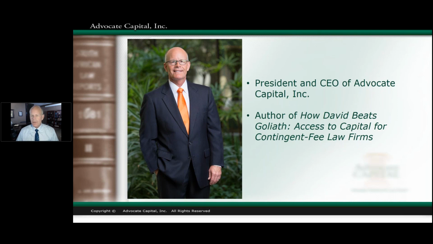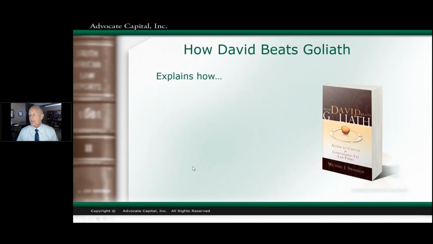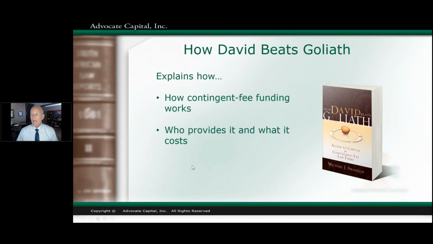So those are my bases for knowing how to talk about case expenses. I want to be sure to let you know that I do have a dog in the hunt. The AdvoTrack Case Expense Funding Service, which is what Advocate Capital does to help plaintiff lawyers, is an alternative to self-funding case expenses, but we're not going to do a sales pitch for Advocate today. We're going to talk about our topic, which is the 9 hidden costs. As I mentioned, if you'd like a copy of my book, message me. I'd be happy to send it to you.